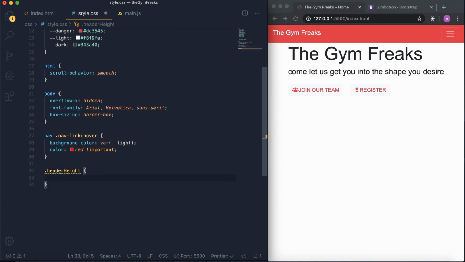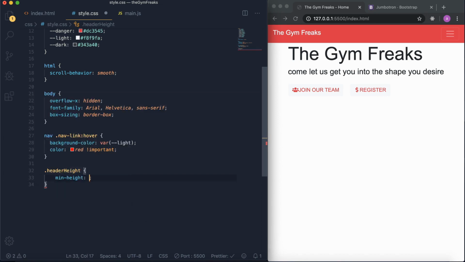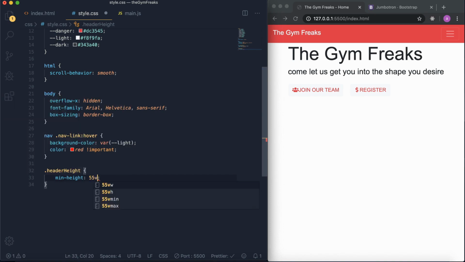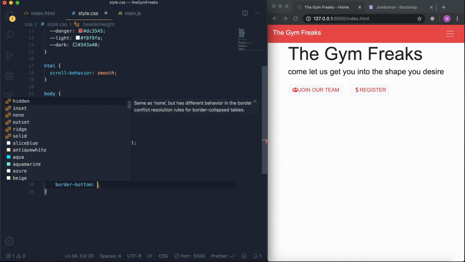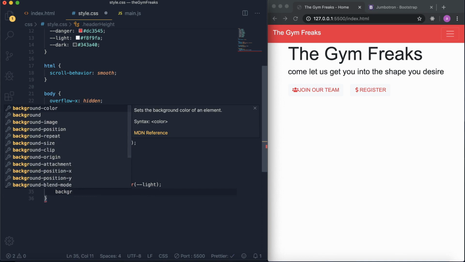Now we want to give it a minimum height. We've gone through the minimum height property before, so you should know what it does. And we want to give it 55 viewport height, and then we want to give it some border bottom. Okay, 2 pixels, solid, and the color of light, which is white. Now I want to give the background image,